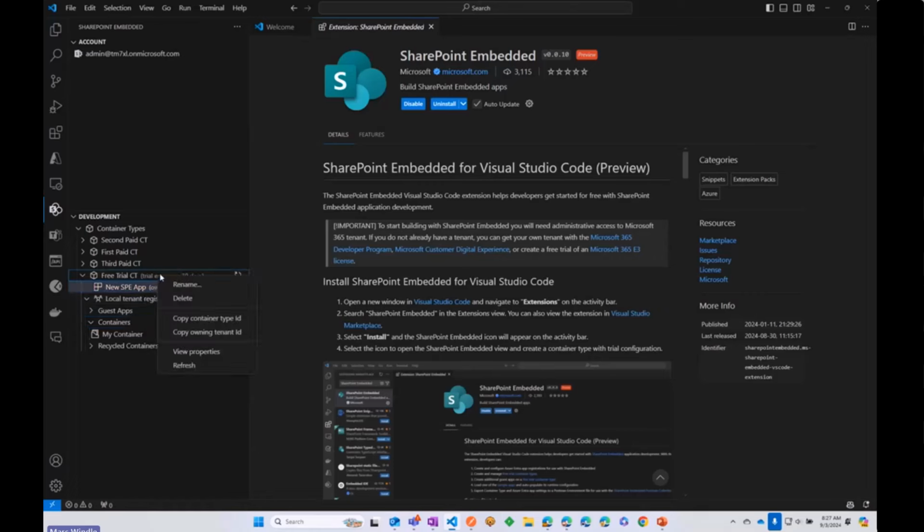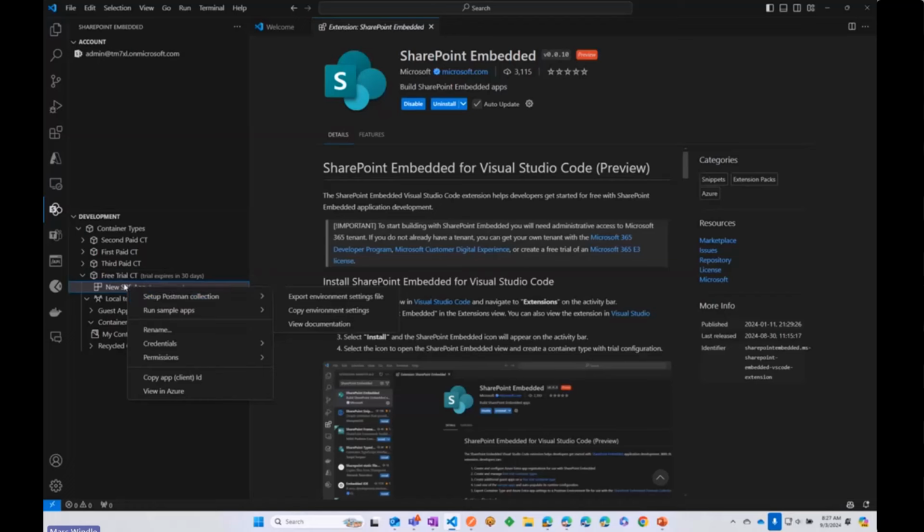It gives you better control over the container type, basic things that you'd expect, like being able to rename and delete it. You can copy the container type ID and other properties. Now, also within this owning application, you can run sample apps. If you click one of these options, it will pull down one of these sample applications from our open source GitHub repo, and it will inject all of the configuration parameters associated with your container type